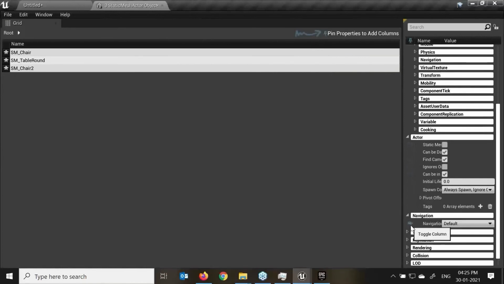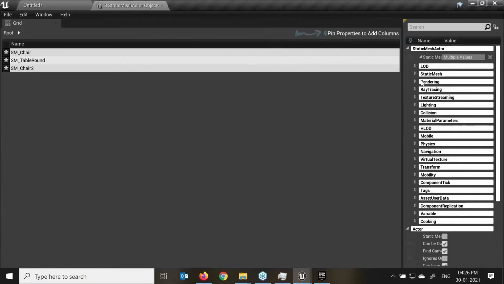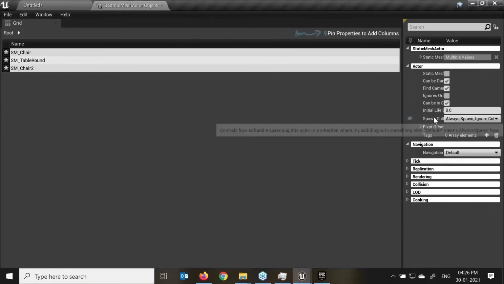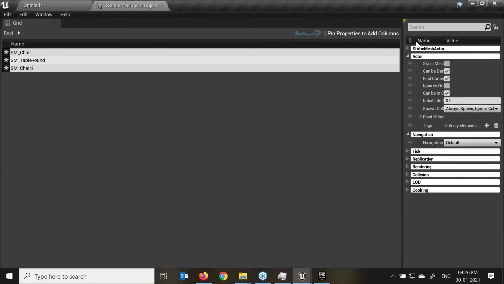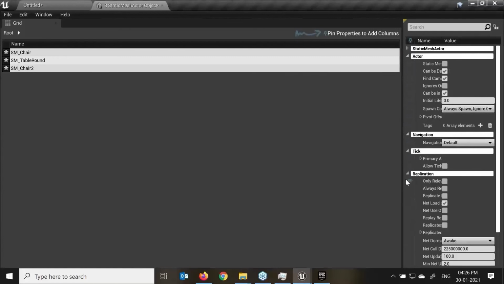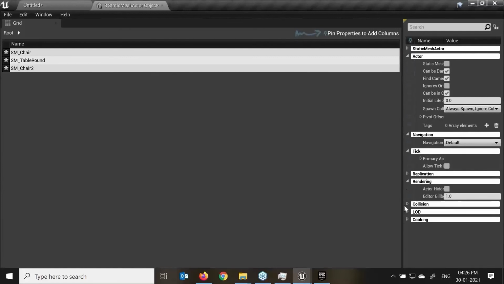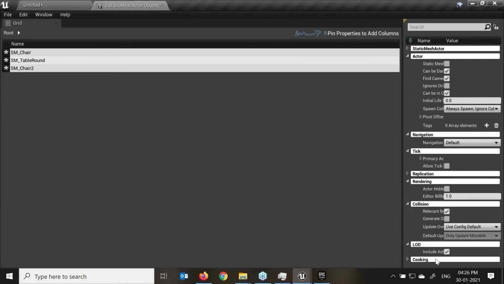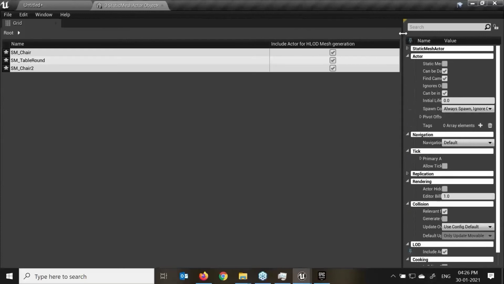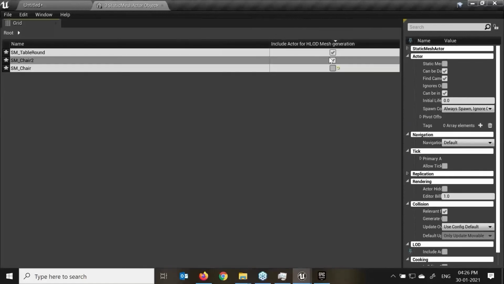Navigation, if you want to add, here I'll say navigation, click on this. Navigation is there by default. This is a helpful way if we are providing any dynamic material or physical simulations on that. Static mesh, if you have, can be, click on that. Name is there, actors, tags, replication, rendering, actor height, collisions you want to add, LOD, the level of detail. Just click over here, level of detail, mesh generation, right? So that is really very helpful over here. If you want to move, just select on this, up and down. Here you can select and move that which you want to give or don't want to give.